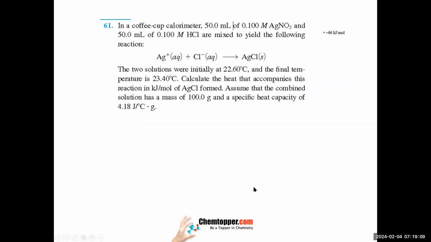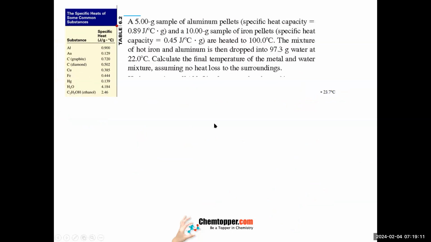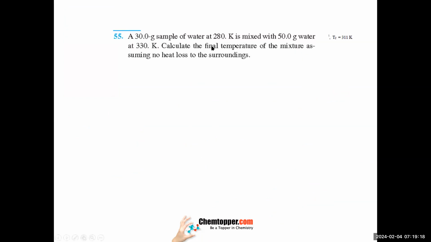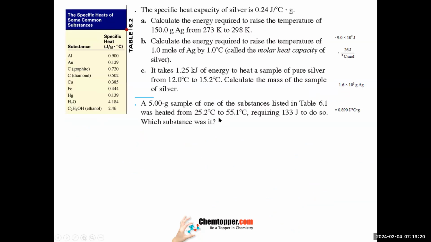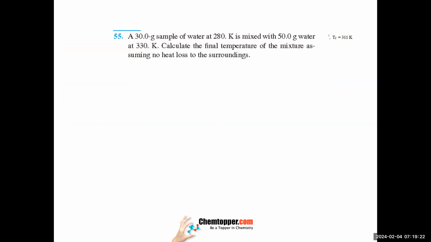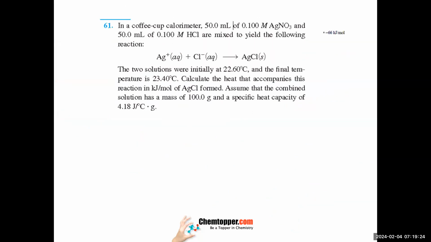Now, in these questions, we were using the simple applications of thermal equilibrium, heat lost equal to heat gain. There was no chemical reaction. Remember, in all these questions, we were not carrying out any chemical reaction. Now we are going to do a chemical reaction in a coffee cup calorimeter. So I told you about the coffee cup calorimeter. It is made up of thermocol. It's like a coffee cup. It has a lid on the top